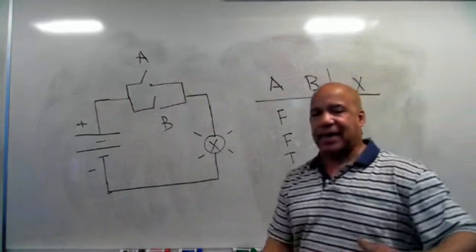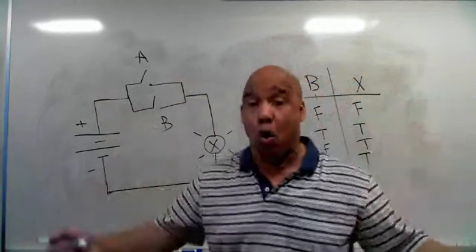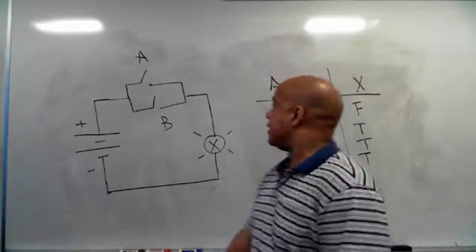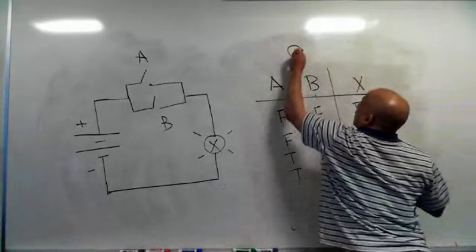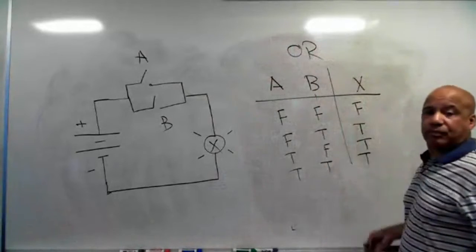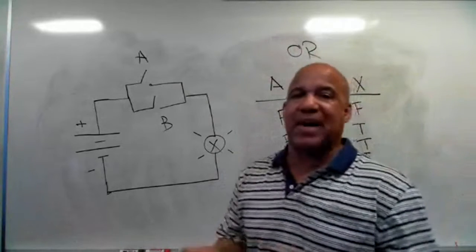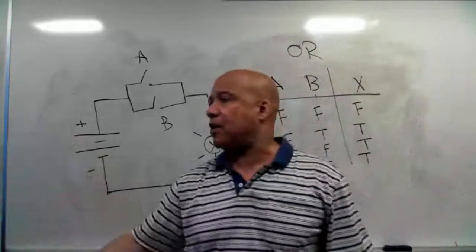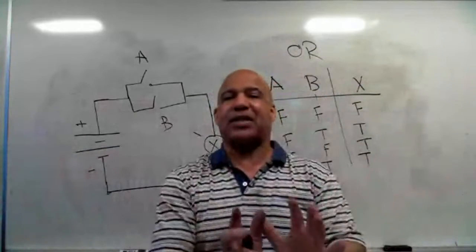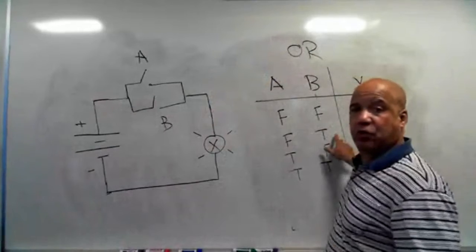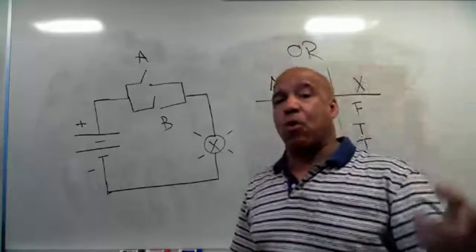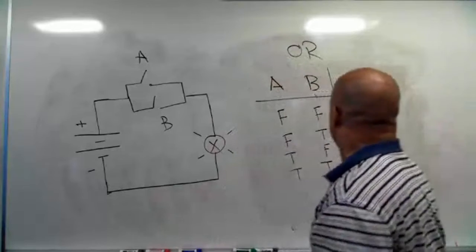So I get an output if either A or B is closed, or both of those switches are closed. This kind of logic is OR logic. So if I want to control some kind of situation where I get an input or another input to be true, I can make a decision based on this chart right here, this truth table. So we have AND logic, we have OR logic, and then the last thing I want to show you here